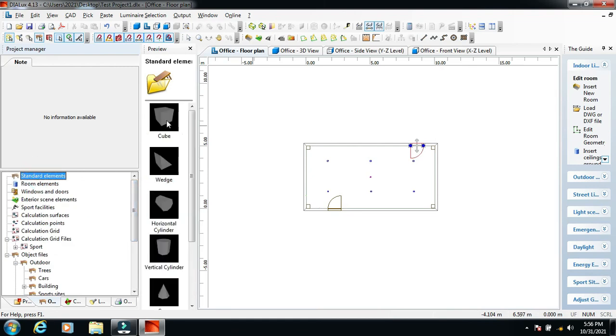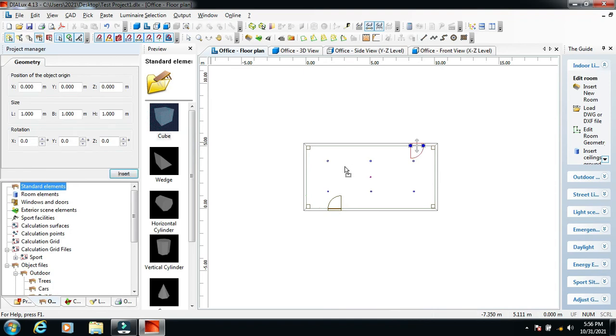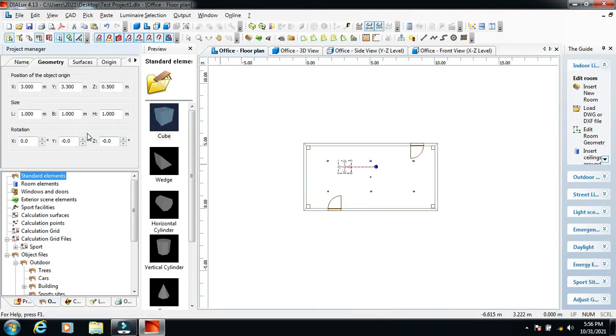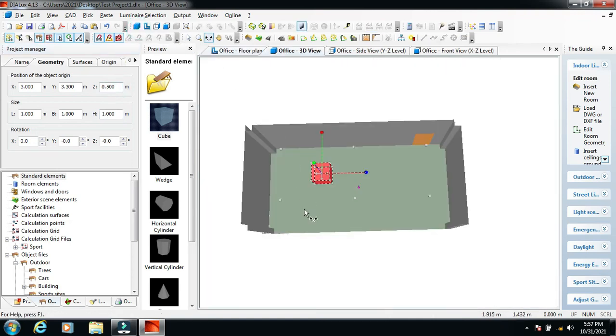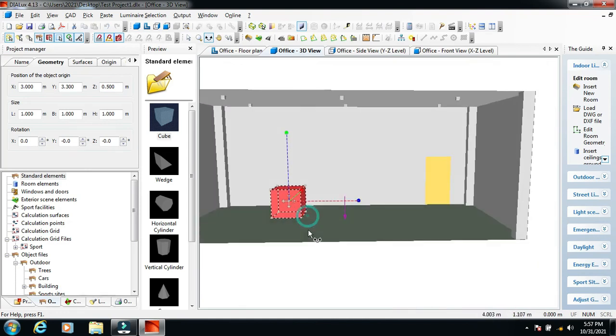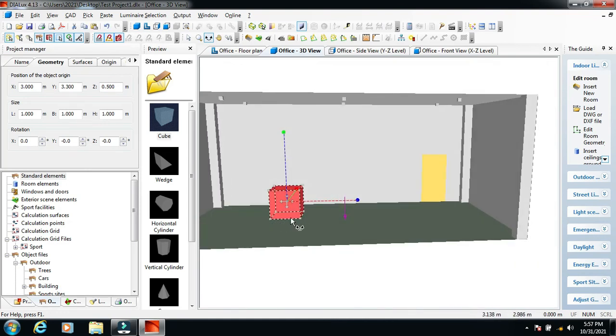Let's say this is a small substation room, and just for the sake of understanding, I want to place a switch gear. Always remember one important thing that many people forget. When you are putting a height of 1 meter, automatically the z axis is kept at 0.5. What do I mean by that? If you click it, z as 0.5 means it is at the surface.